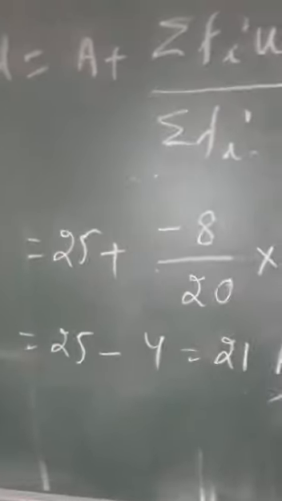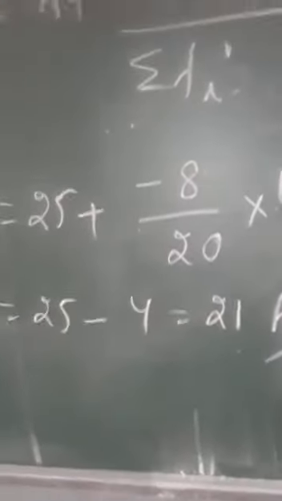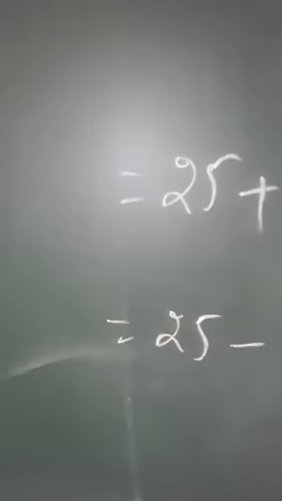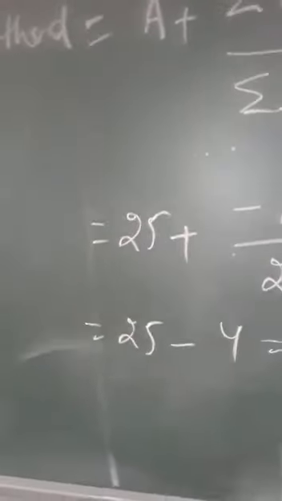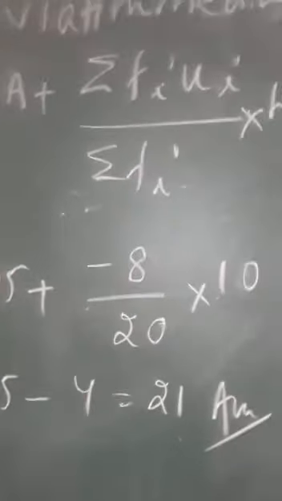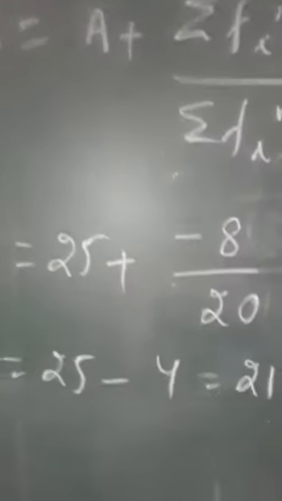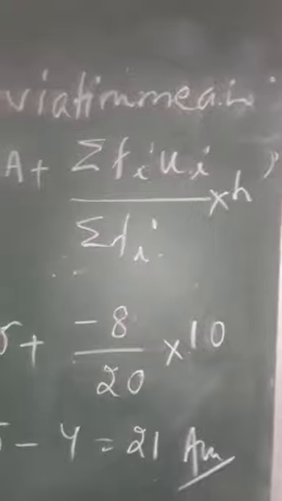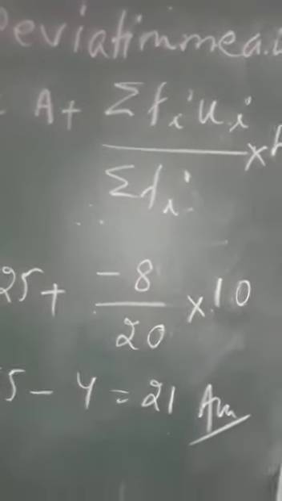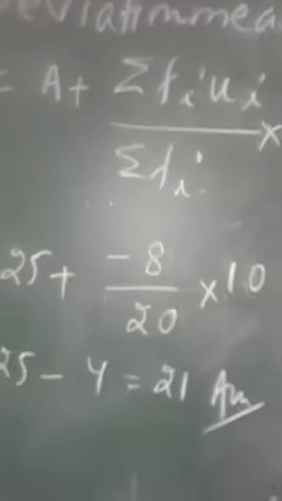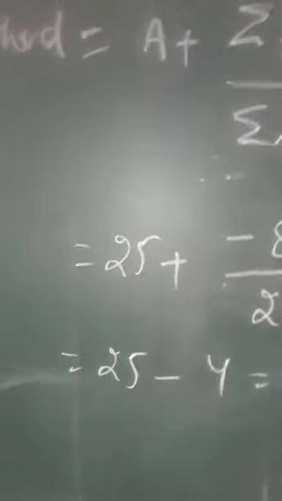So what you have to do, when in the question it is being asked that you have to use a particular method, then you will use direct method or step deviation method or assumed mean method. It completely depends on you. If it is instructed that use the particular method, then you have to solve the question by using that method only. Unless and otherwise, you can use any method.